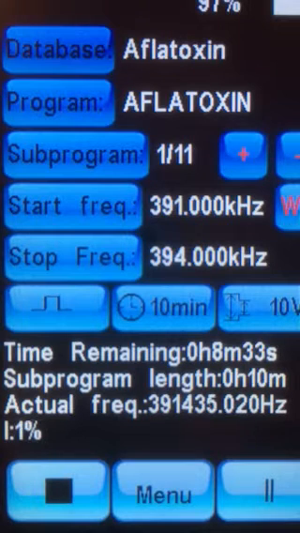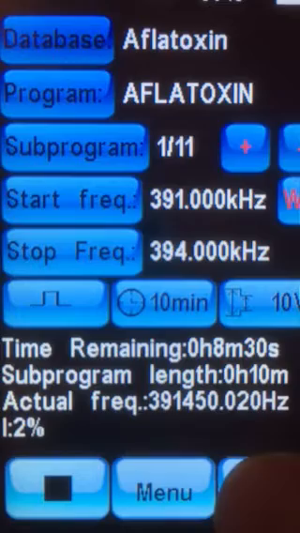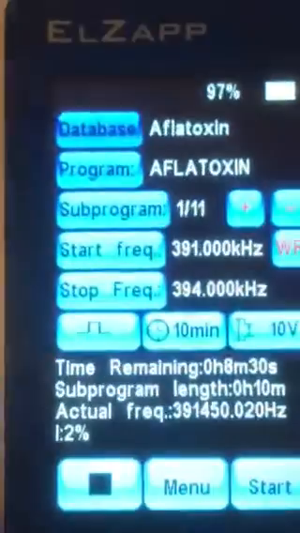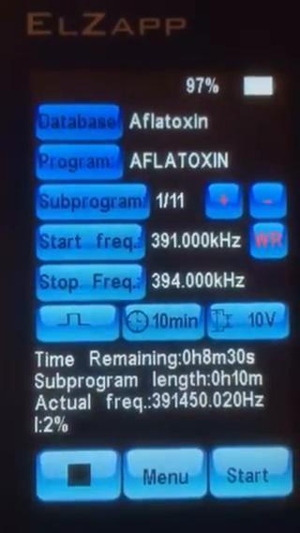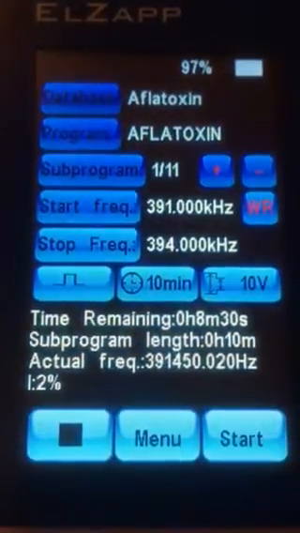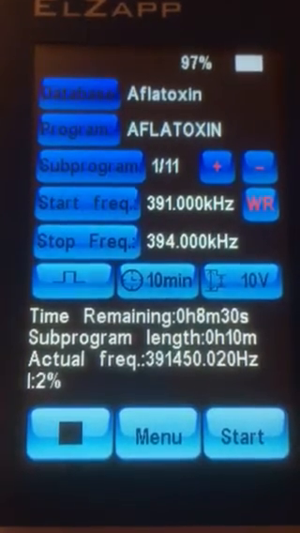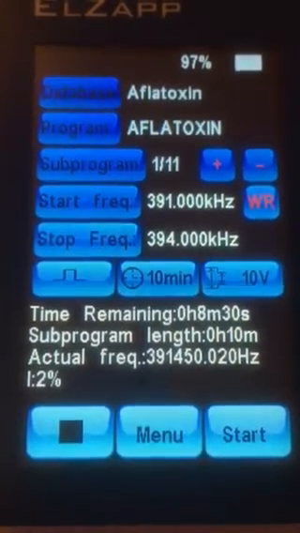And if you want to, for example, I will stop it now. If you want to save the battery, you just click on this power button once, and you will see that the screen goes off and you will save the battery, and the program is still running if it's running. And if you click it one more time, you just see. So by a very short click, you will not switch off the device. If you want to switch off the device, you have to hold this power button for a while,